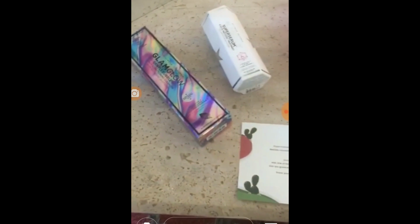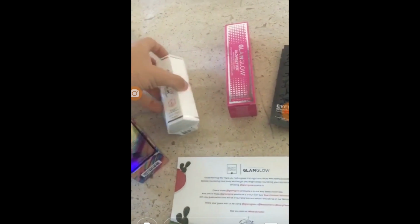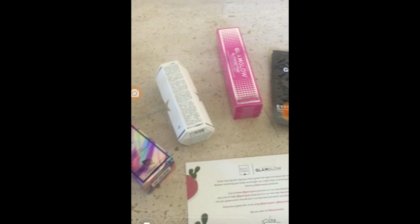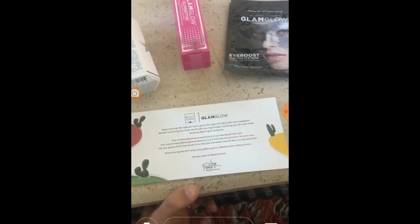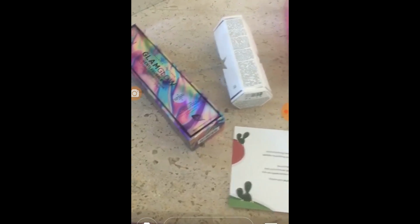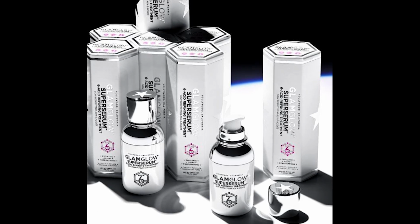1, 2, 3, and 4. So one of those is going to be in the May Boxycharm box, and one of them will be in our limited edition skincare box. And we want you to choose. So go and hashtag Boxycharm and Boxychella and GlamGlow and tell us which one do you think is going to be in each one. Okay, the 4 products in this video, we had the one that's going to be in